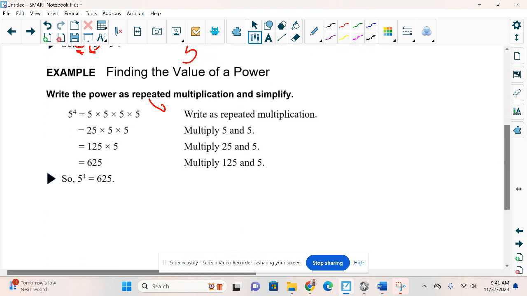Here we have another example. We have 5 to the 4th power. What number is being repeated? 5. How many times? 4 times. So they got 625. So I want you to put in your calculator to see if you get the same